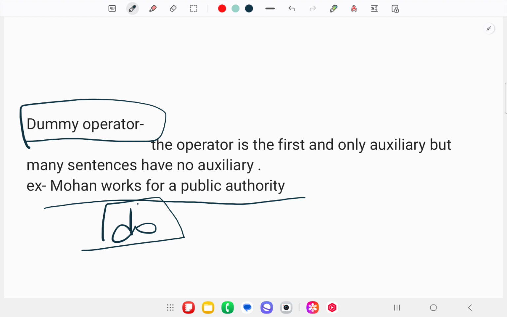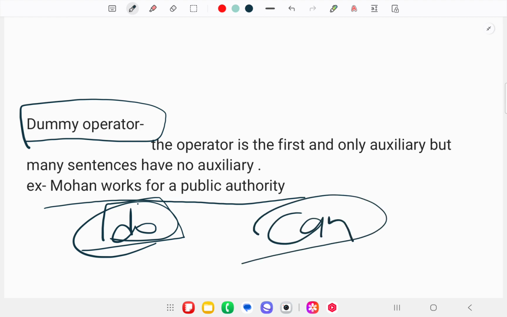Dummy operator means that the auxiliary do in these sentences is a dummy operator. Do is the dummy operator because it is introduced to perform the functions of an operator in the absence of the true operators such as can and will. Means if can or will or any such operator is present, then this is the true operator. But if we don't have any true operator, then we use the dummy operator. When we have to make the negation of the sentence, then we will use